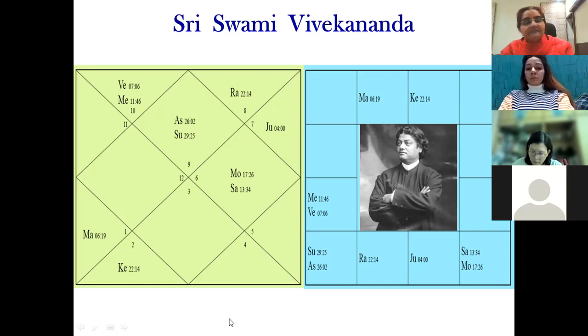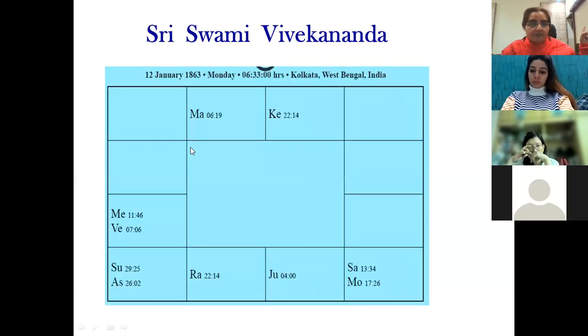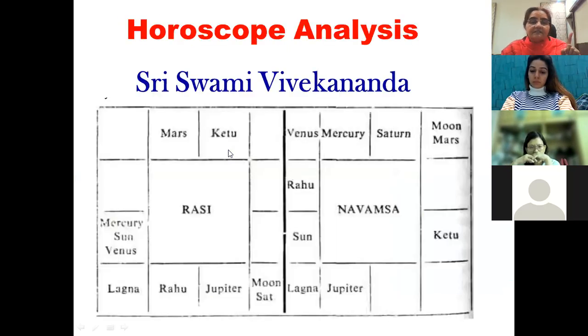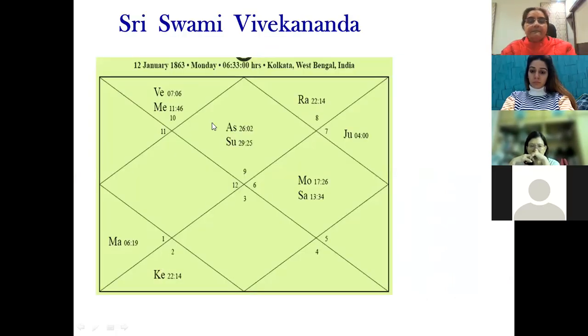Now, if you see what happens, make it like this, a little bit. So if you turn it like this, then what happens? Sun will come to the lagna, which was not coming in the lagna in this chart. Now it will come. How? When you minus 11 degree, Sun will come. And even you see, Venus is 7 degree and Mercury is 11 degree. Both will also come.